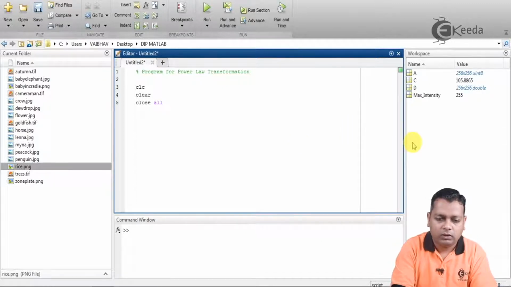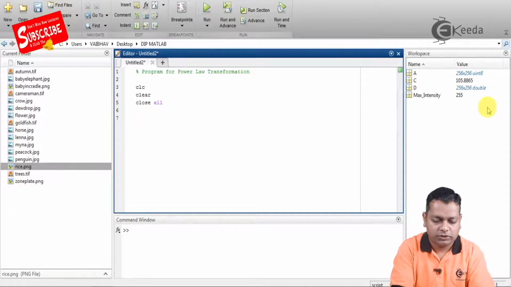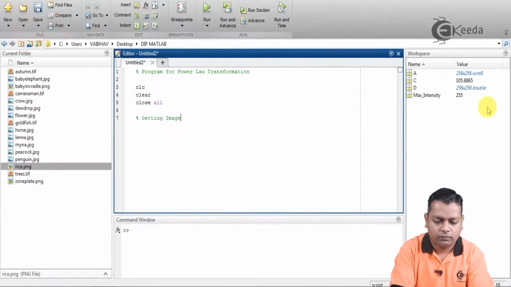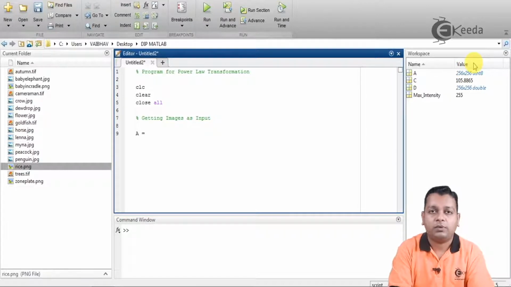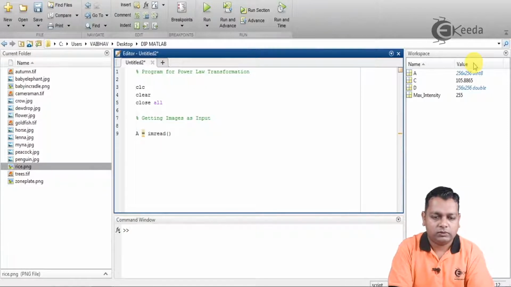So now we require the image to work on for the power law transformation. Commenting, getting images as input for this power law transformation. As usual, I will assign a capital A variable to hold the image data, and we shall use the syntax imread to get the image here.